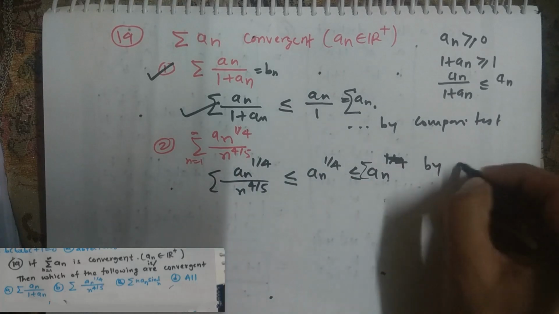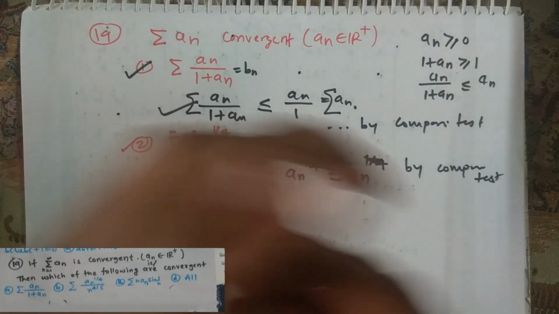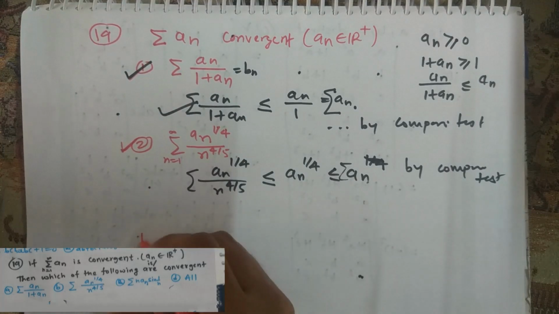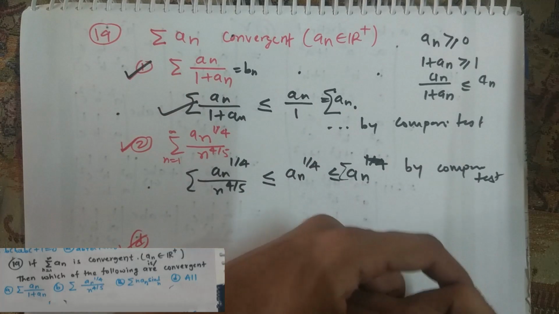Okay, now see, we have got both options are true. First series and second series both are convergent. You see, this question is from part B, so only one option has to be true, so both options can't be true in part B. That's why option D is correct. Okay, let's look at question number 20.